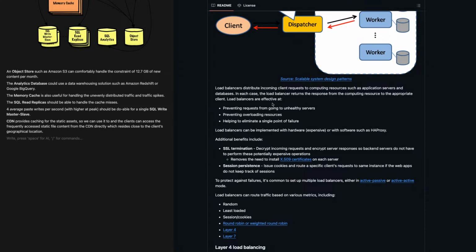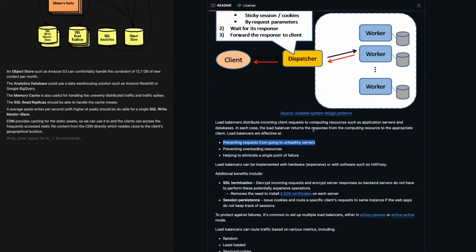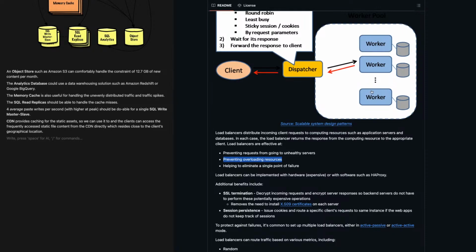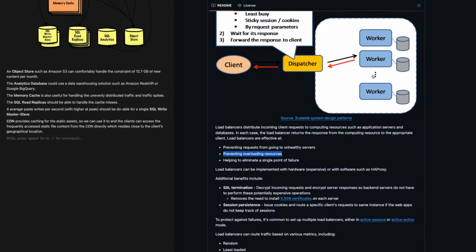Load balancers are effective at preventing requests from going to unhealthy servers. Okay, so this is one of the big advantages. We don't have to handle those things manually. If we put a load balancer and configure a health check, which keeps pinging every worker assigned behind it at a scheduled interval, and it notices one of the workers is unhealthy, then it will make sure that requests are not forwarded to that particular worker, and prevents overloading the resources. And also, it will try to distribute the load across the servers or workers rather than overwhelming one of those,